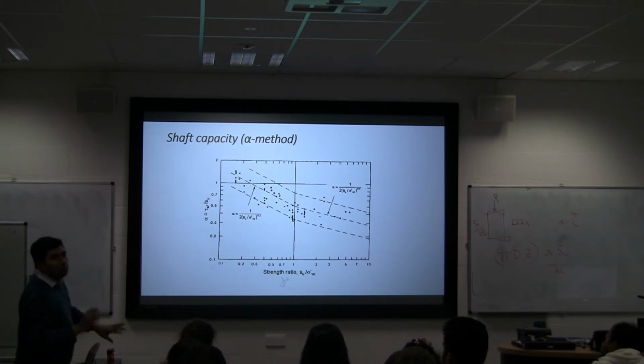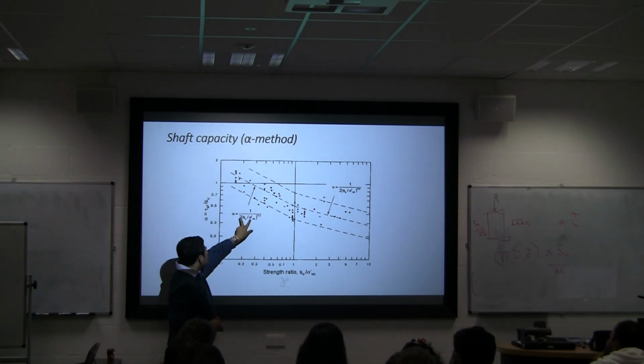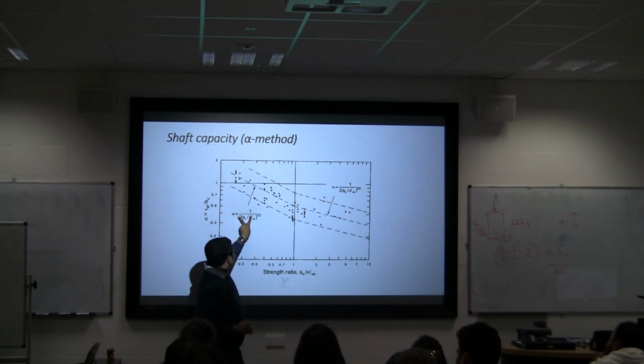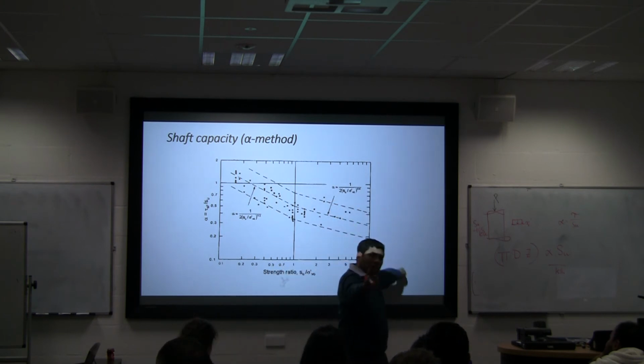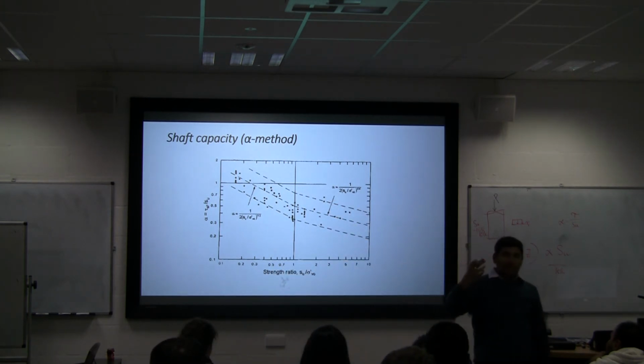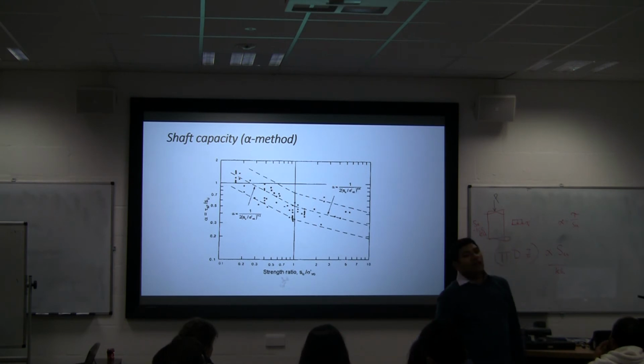Basically, the code gives you these two equations, so you use the equation. In the exam, I also give you the equation. I used to give the equation as well,